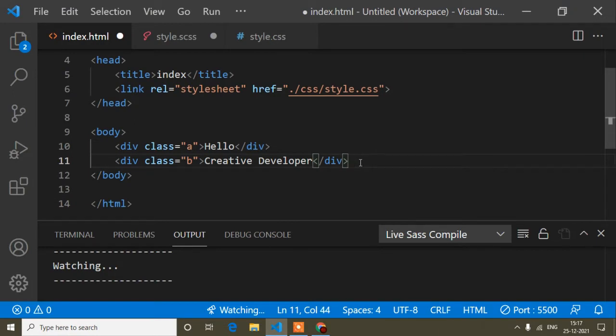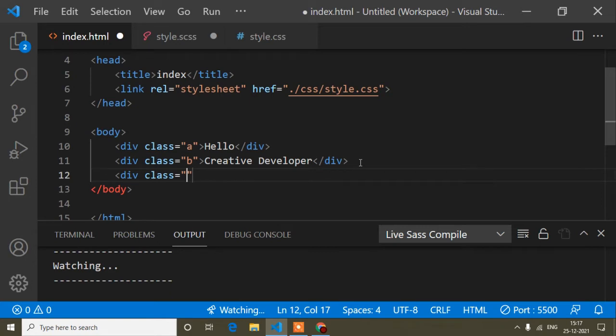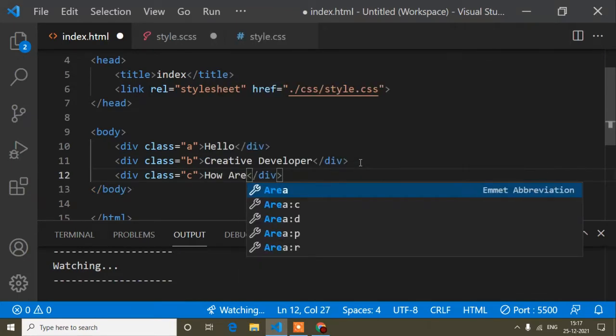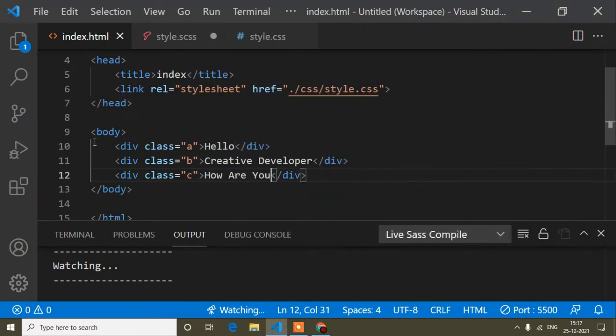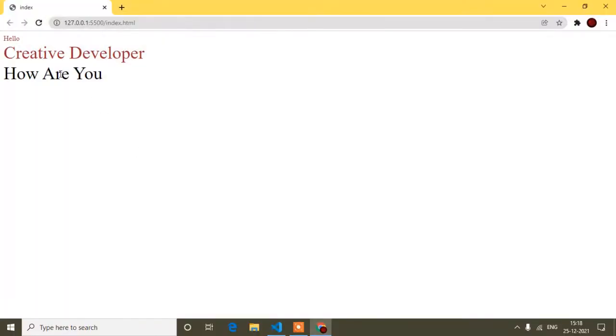And another div, class name is C, and the content I will write how are you. Whatever you can write, I have written this just for demo purposes. Now I will save and open the browser. So you can see hello creative developer, how are you.